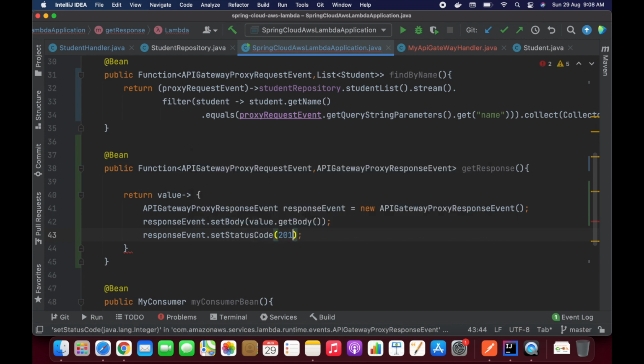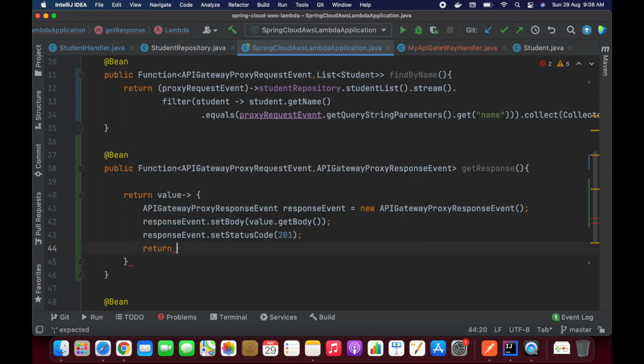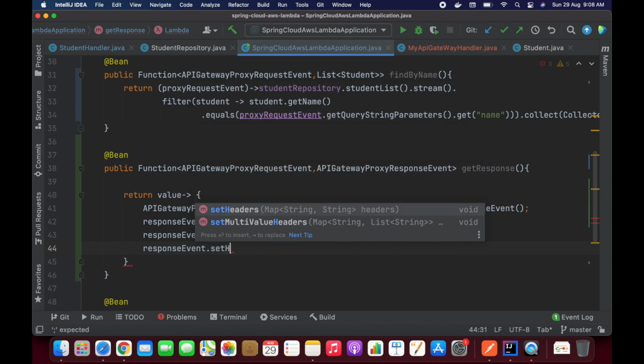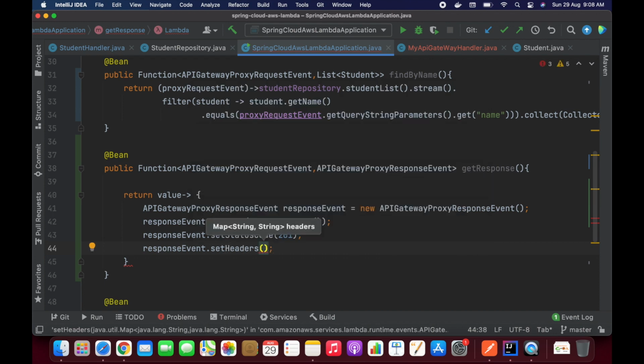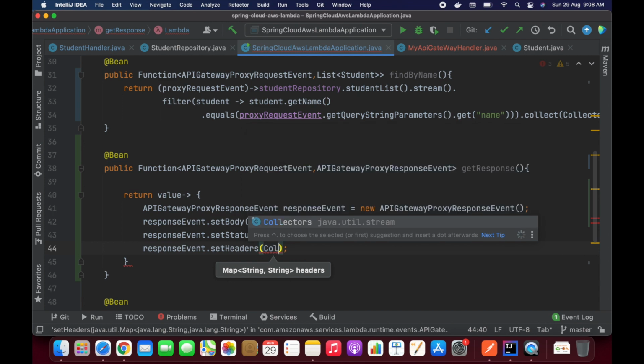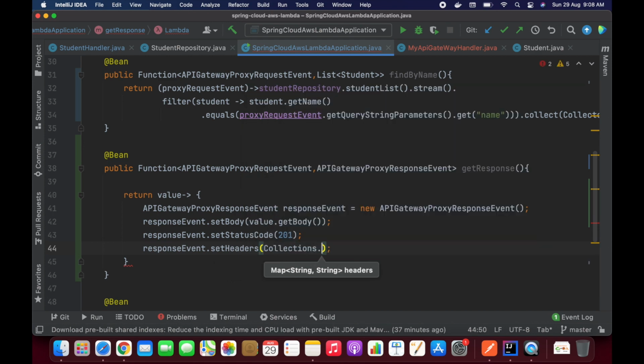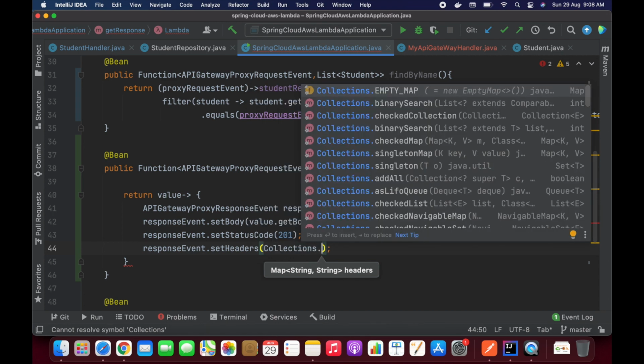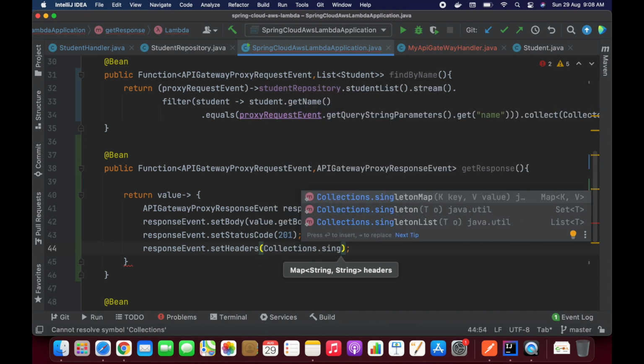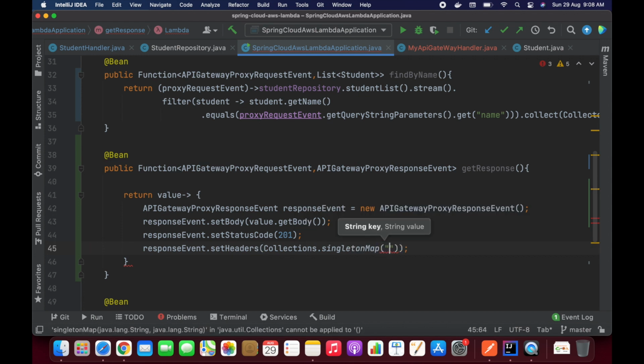I'm going to take 201, that is the created status code. Then responseEvent.setHeaders. For the headers, let's take Collections.singletonMap, so let's use this.